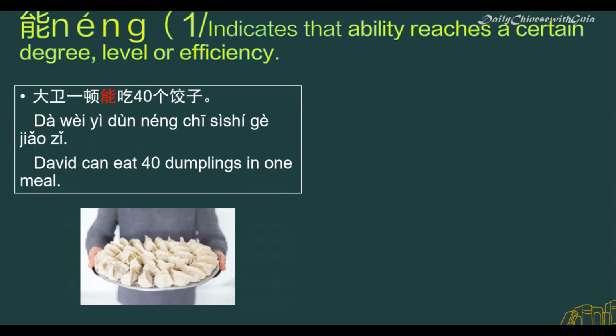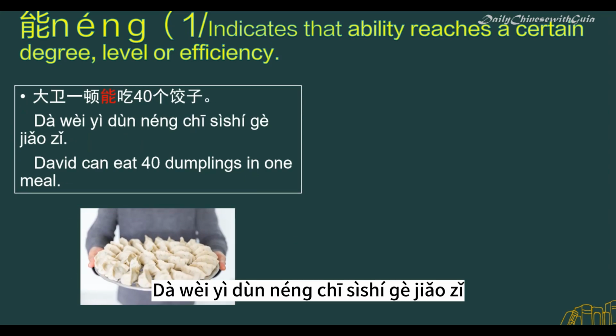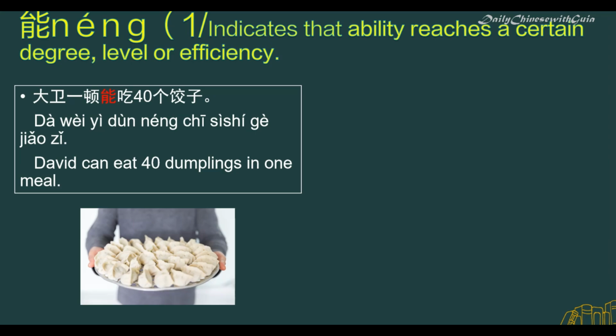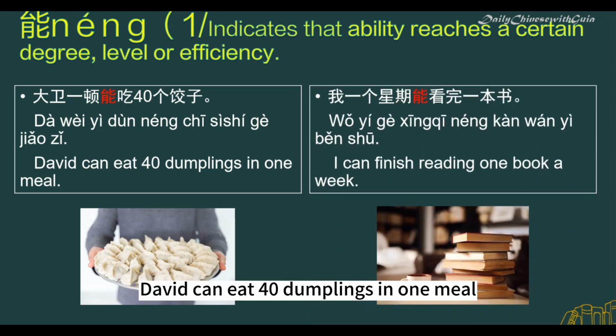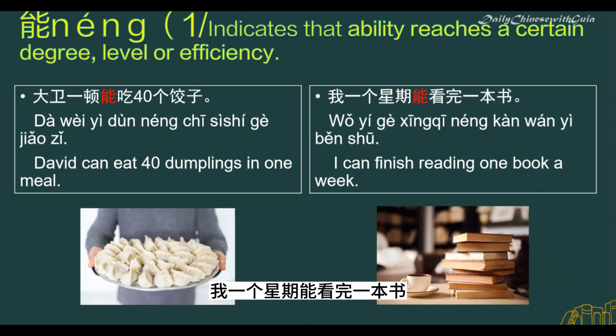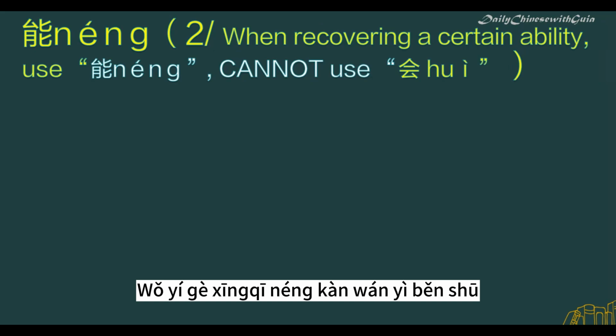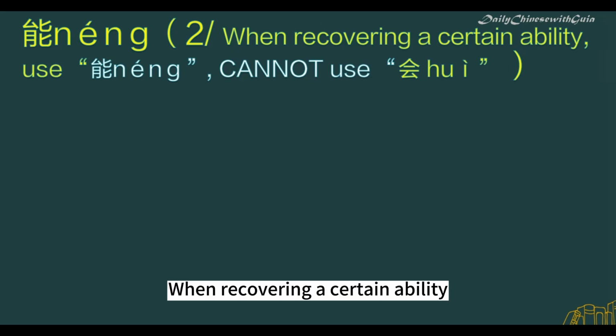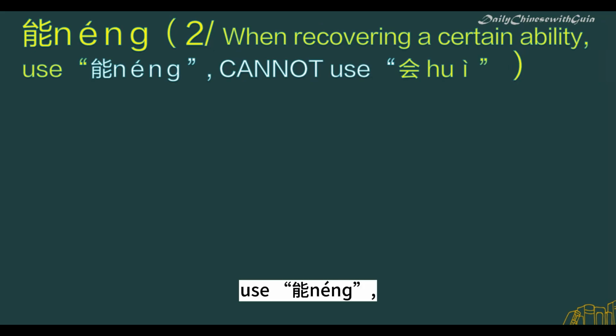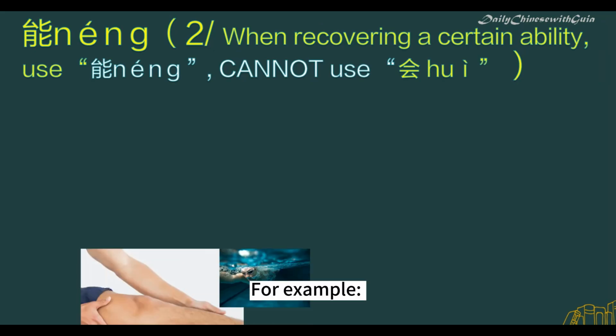For example, 大卫一顿能吃40个饺子。我一个星期能看完一本书。Let's learn more functions of 能. When recovering a certain ability, use 能, you cannot use 会. For example,